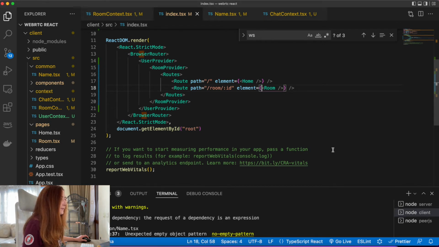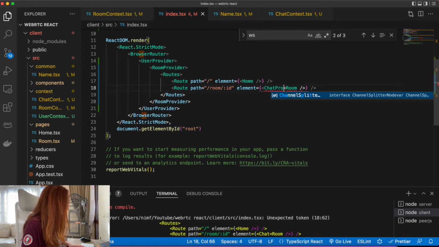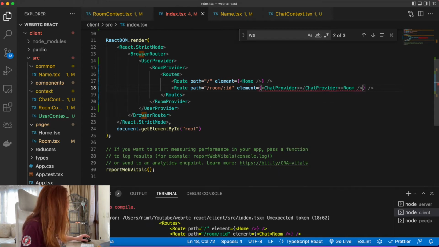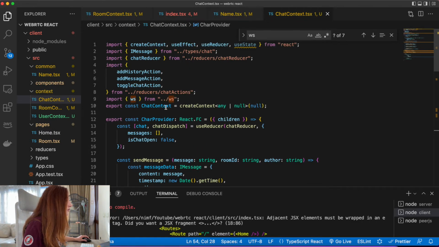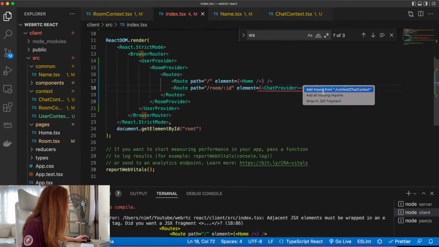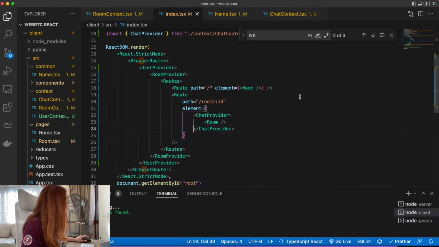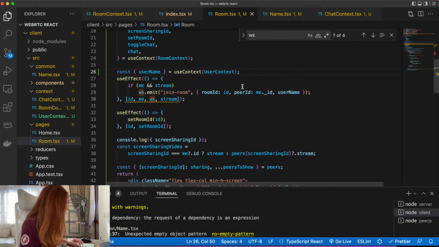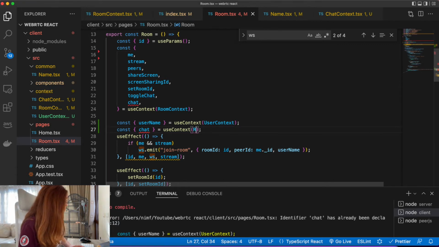And let's just wrap it here. Do I export it? Export chat. Oh yeah, I see. I made a typo. So we just want to use our chat provider in our room. If we open room, take our chat from the room context,